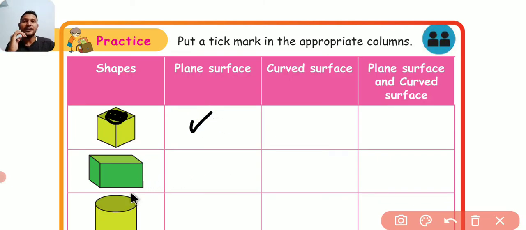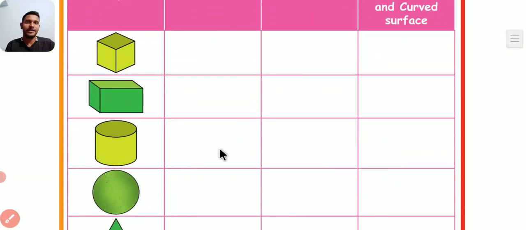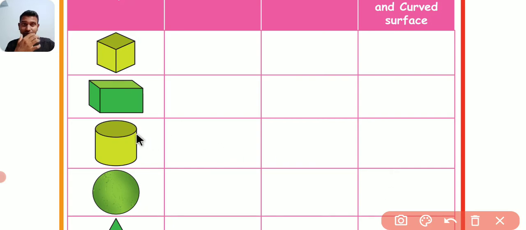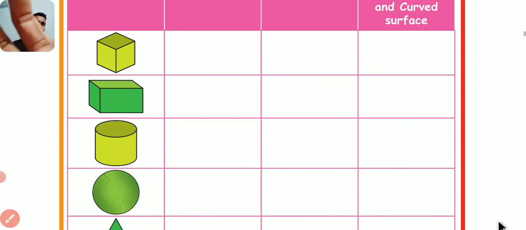And the second one, cuboid. On the top it has the flat surface, that means plane surface. Here also it has flat surface, that means plane surface, therefore it has plane surface. Yes, plane surface. There is no curved surface. Is there any surface like that circle? Oh, there is no curved surface. Third one,